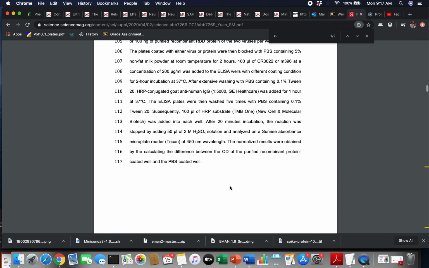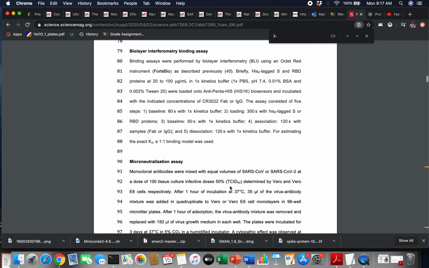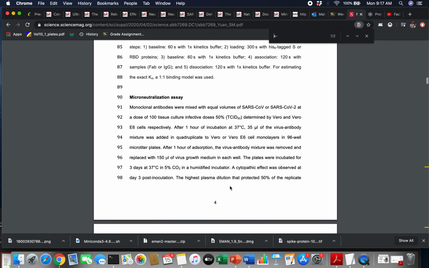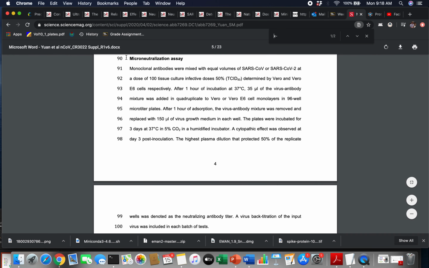All right, and so they're going through all the methods up here. Useful if you need to know how they're doing the neutralization assay. For example, here is the neutralization assay. Bam. Okay, what are fancy things? Let's see. Tissue culture infectious doses. There we go. So this is actually using live virus, and they're using a